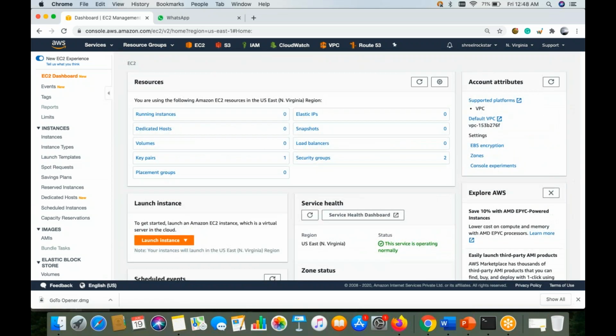If you leave the server running, it is not going to harm immediately, but it will use up your free tier balance, and after that it will start charging you. So just keep that in mind before leaving. I'll also do it at the end of today's session, because I'm going to create some resources today.